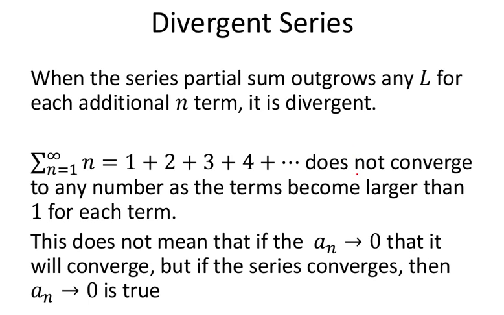Divergent series, we've been talking about ones that converge. Here's the ones that don't. It's where the partial sum, the instantaneous sum of the summation as you go towards infinity, outgrows a number L. It outgrows any number L for each additional n term, or number of n terms. And that defines a divergent series. So as we take this sigma of n, as n counts from 1 plus 2 plus